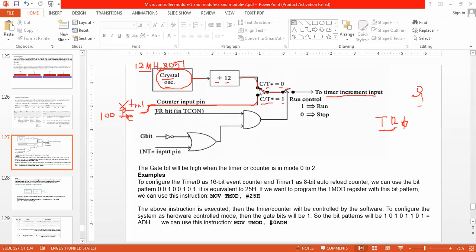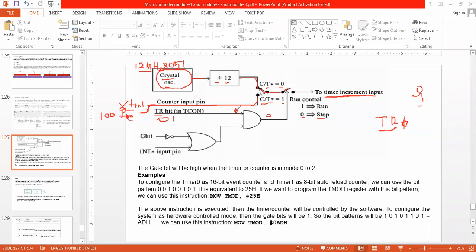Okay. Now there is one more switch here. What is the switch? The TR bit. Say the TR bit is 0. 0 stands for no run, stop. Stop means what? It is an AND gate, so if any one input is 0, then the output will be 0, and output 0 means stop. Okay. Now suppose the TR bit is equal to 1. It means I am starting now, starting the register value being incremented.